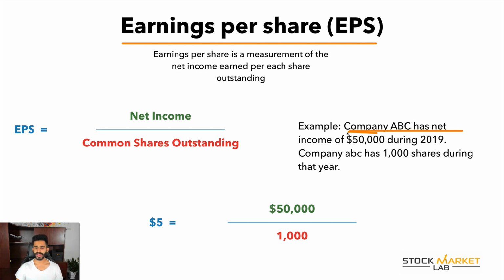That means they had made a profit of $50,000 in 2019. And now let's say in 2019, company ABC has 1,000 shares outstanding. They have 1,000 shares available. Right now there's preferred shares, common shares, and then there's dividend that you kind of have to factor in as